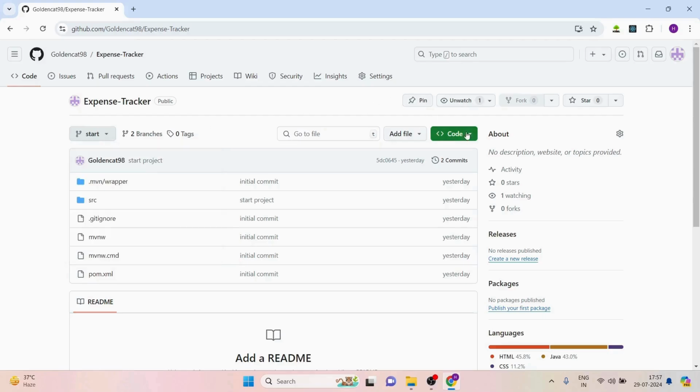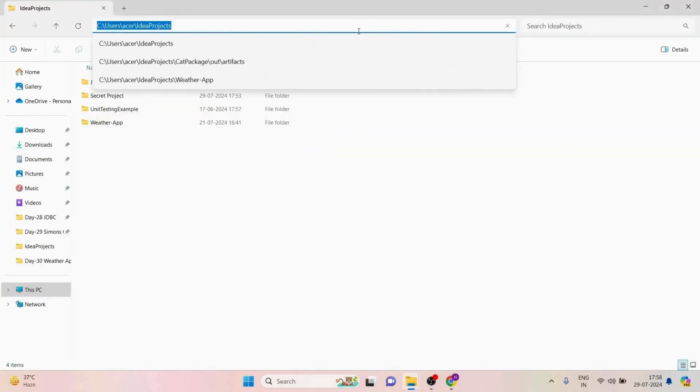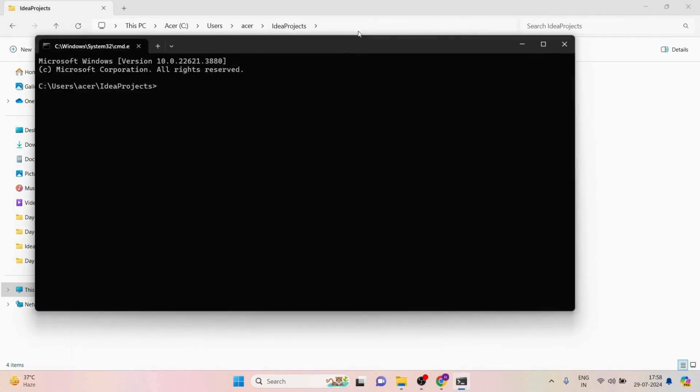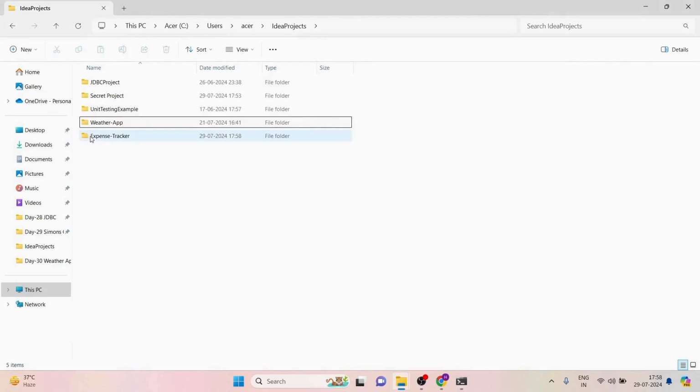For cloning this repository, we'll go to code, then copy this URL, then we go to our directory and then type in cmd here, then type in git clone and then the URL. This would clone the repository. And here we have the project expense tracker. Now if I open IntelliJ,